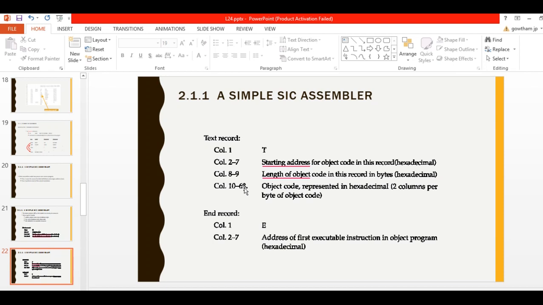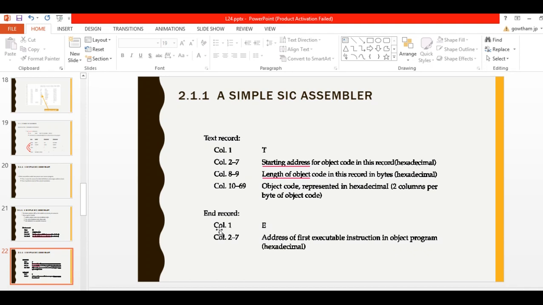So not 30 columns, sorry, 60 columns are used to write the object code. Two columns mean 1 byte, so 30 bytes can be held. So 30 bytes is the maximum length of each text record.